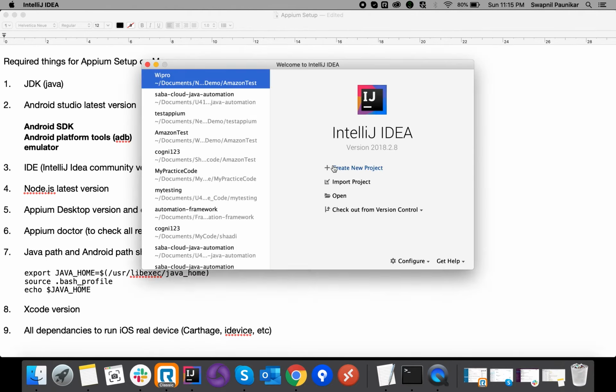I'm choosing Maven, so we'll be able to import Appium and other dependencies directly. Next I'm giving the group name as appium test setup, and the artifact ID I'll use the same. Click on next. This is the location where my project will get stored.